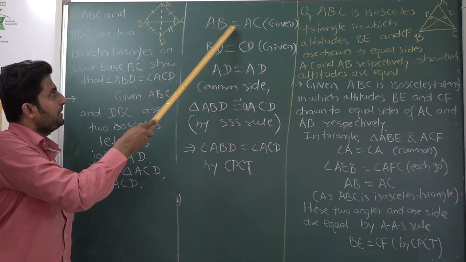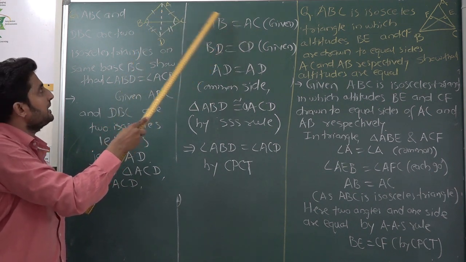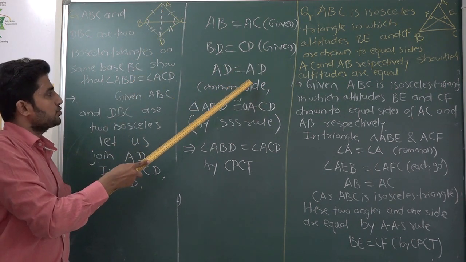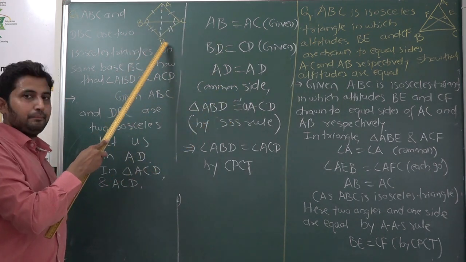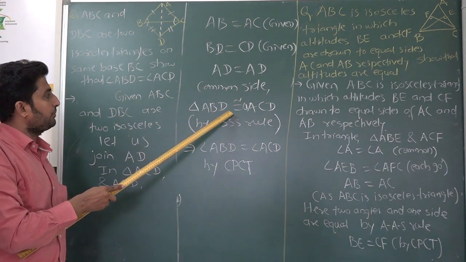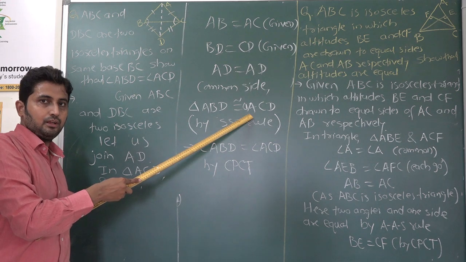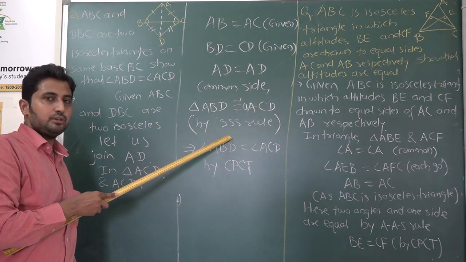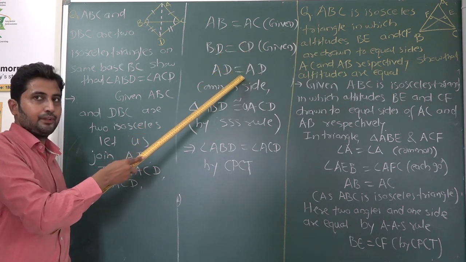This side AB equal AC, this first side. Then BD equal CD, this side, and AD equal AD, which is the common side to both the triangles. So these two triangles, ABD is congruent with triangle ACD. We are forming the congruency between ABD and ACD. So we make these two triangles congruent by use of which rule, dear students? Here we know, side, side and side.